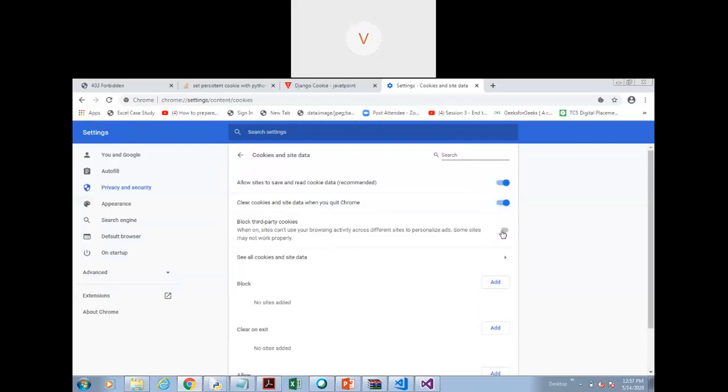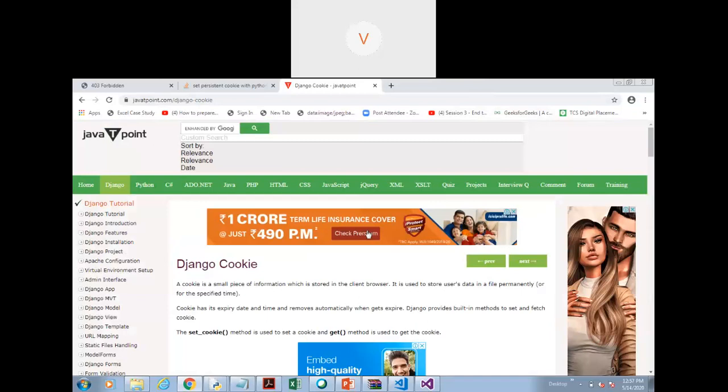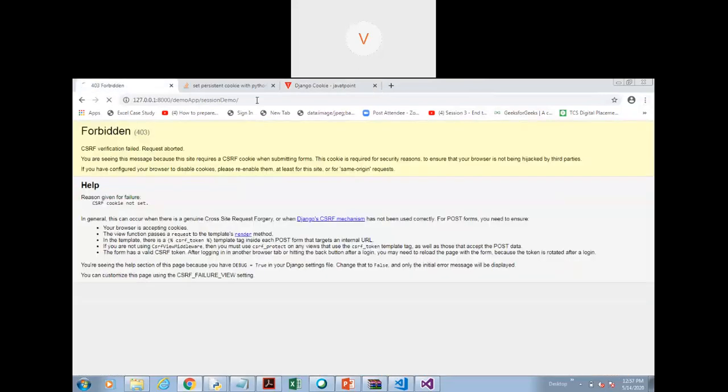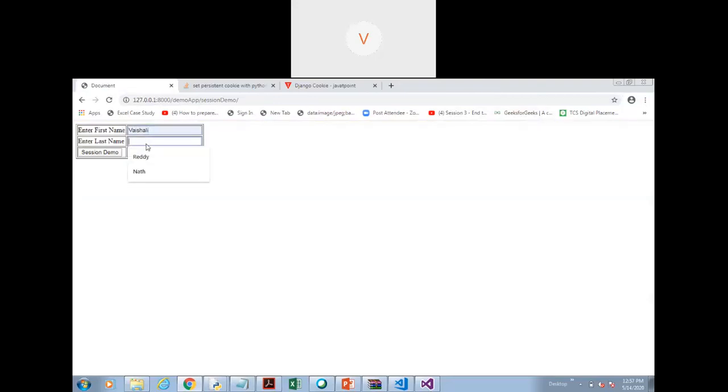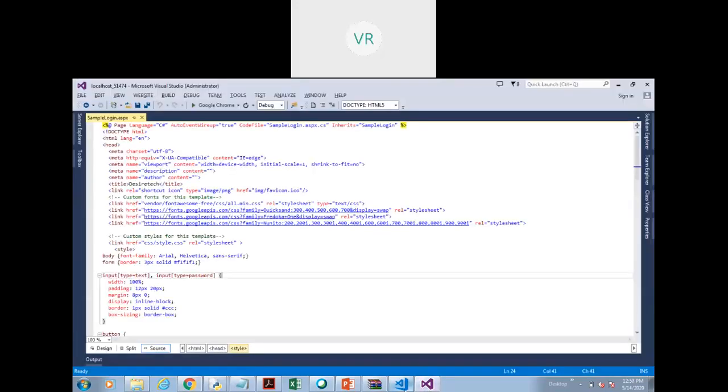Block third-party cookies, no. Allow cookies. Okay. So you can see the hello message. That means the session has got created.